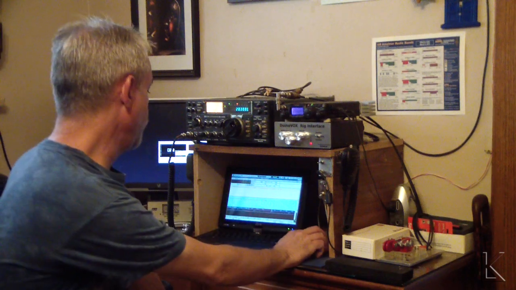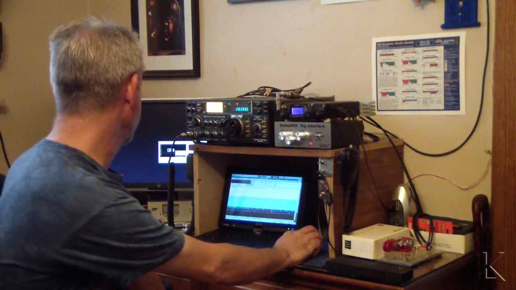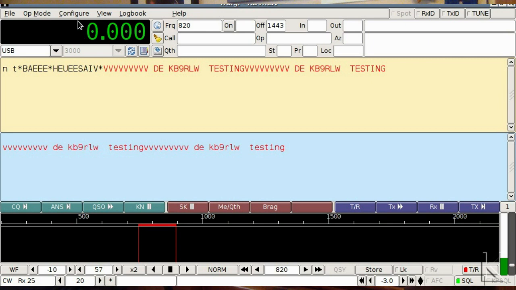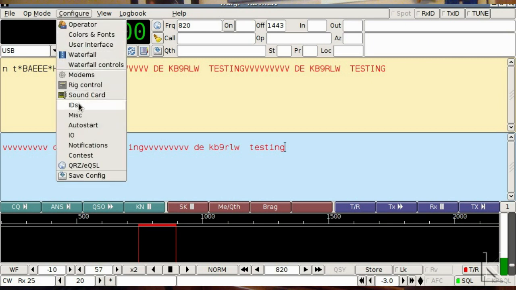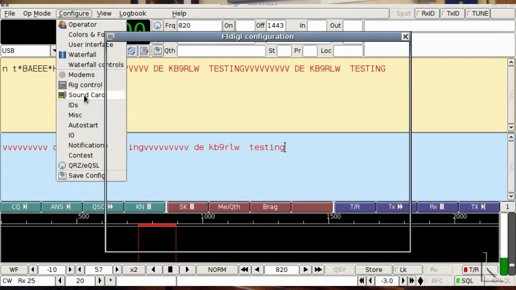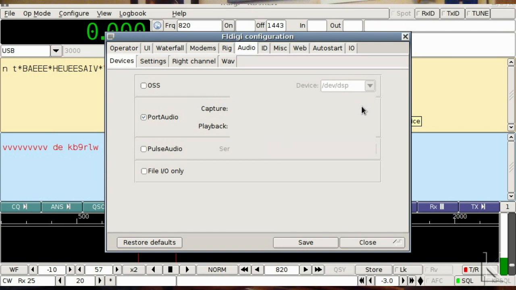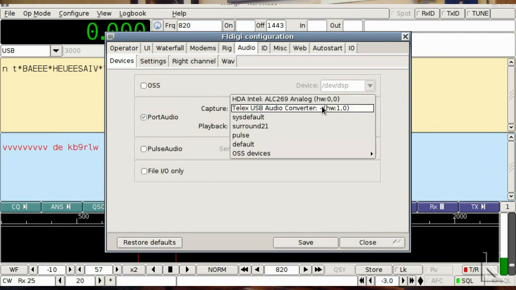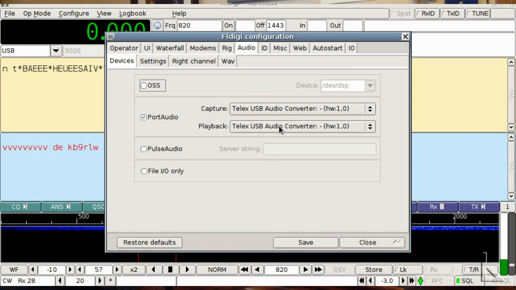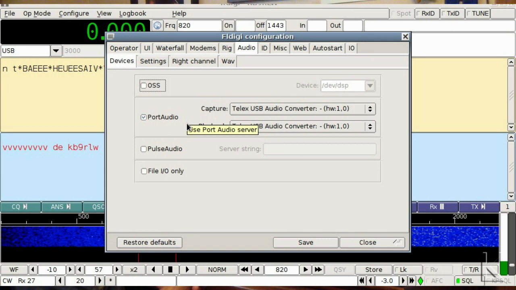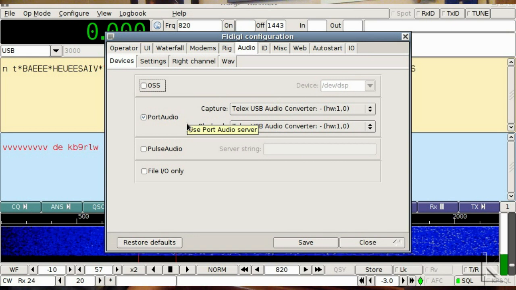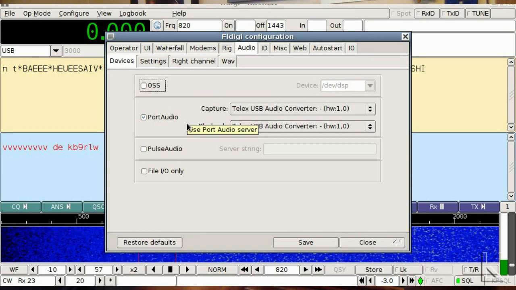We'll do that now on FL Digi. So I'll go into Configure, and I'll go to Sound Card, and as you can see, the audio interface that I had was called a Telix, and that's what shows up in my list, Telix USB audio. So I select that for capture and for playback. Now remember from the schematic, the right-hand channel goes to the Vox circuit. I did that because